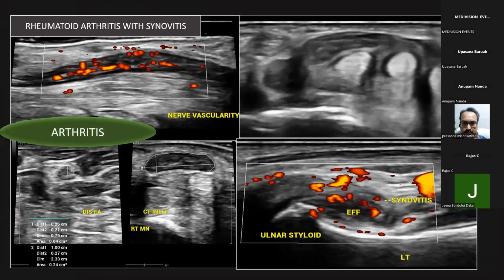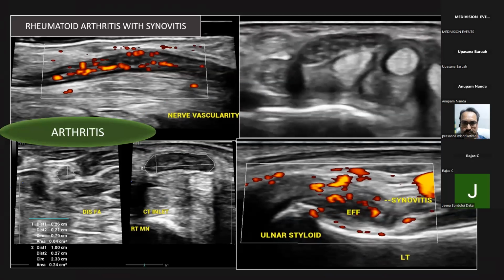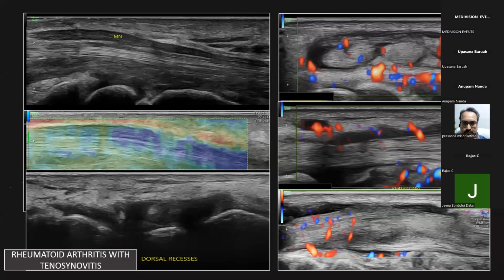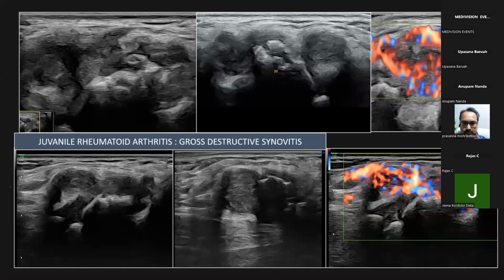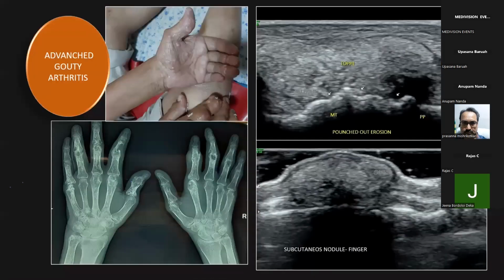Coming to arthritis, it can cause synovitis and alter the carpal bed, causing compression. Tenosynovitis is seen in rheumatoid arthritis, or in very destructive cases of juvenile rheumatoid arthritis. Even gouty arthritis of the wrist can cause this, we can see all signs positive here. Not to speak of the advanced cases of gouty arthritis, where you can see large nodules compressing the underlying